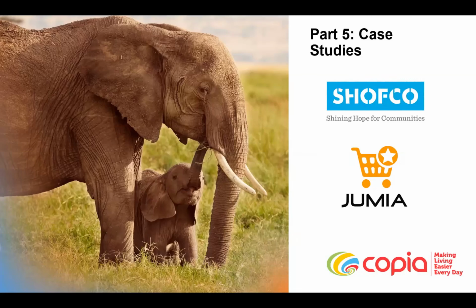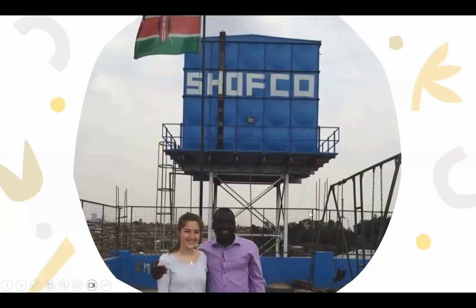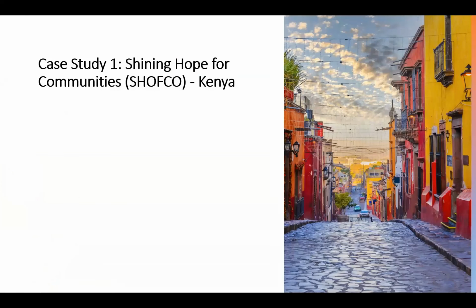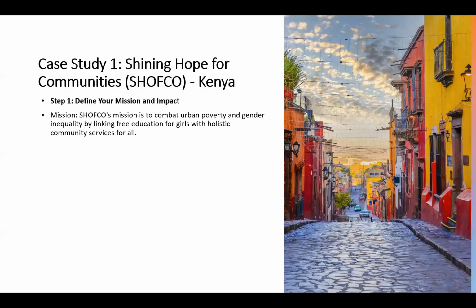The first one is SHOFCO, Shining Hope for Communities, an NGO which has done very, very well in Kibera. It is worthy of checking. There's Jumia and Copia. These are commercial enterprises, but they started off as investments. If you look at SHOFCO as an example, that image there is what we're hoping that in a couple of years Kibera will look like. Very nice, with good streets. We just have a vision. It is possible. Everything is possible.